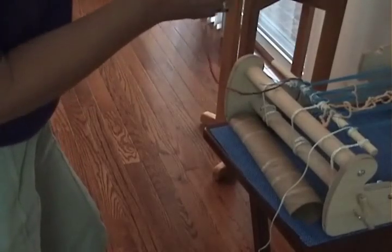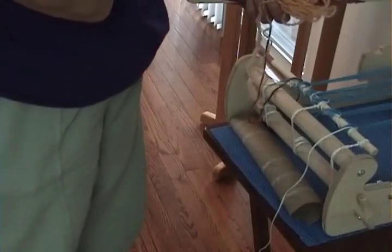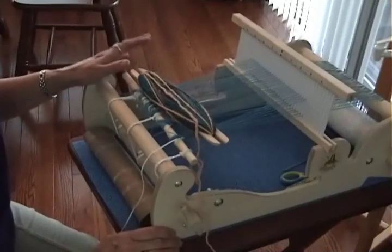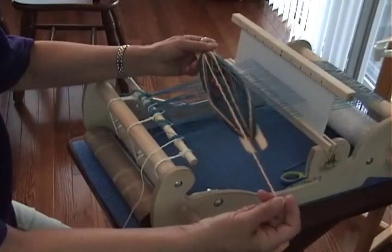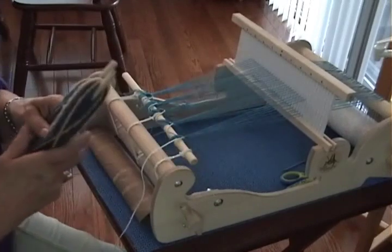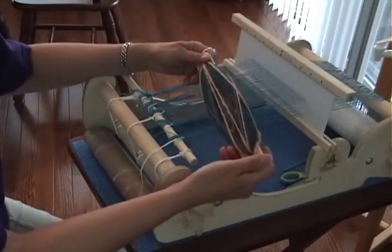Alright, let me get this wound up. I can see I have a knot, and I'm going to end with a different kind of yarn. You need a lead yarn, and I will explain that to you in just a minute. Alright, I have the shuttle ready. I have the wool that I'm going to be doing the scarf with, and I also have some lead yarn wrapped on top of that